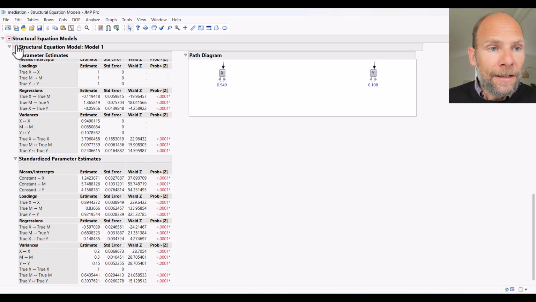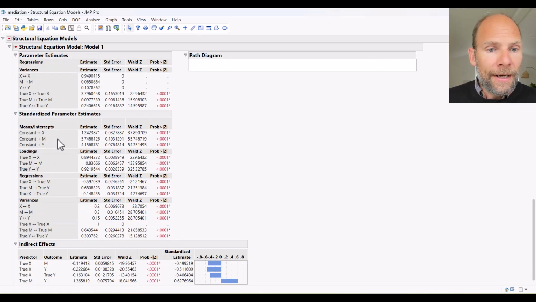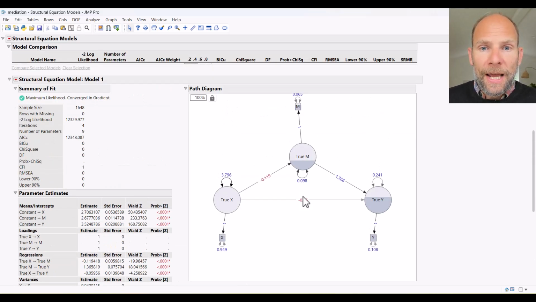And you can get also indirect effects, like for a standard mediation model by going to indirect effects. You can see that those are then also displayed here at the bottom. And so that's a useful feature as well for such a mediation model. And you can do pretty much anything that you could do with a regular structural equation model in JMP as well, once you specify those